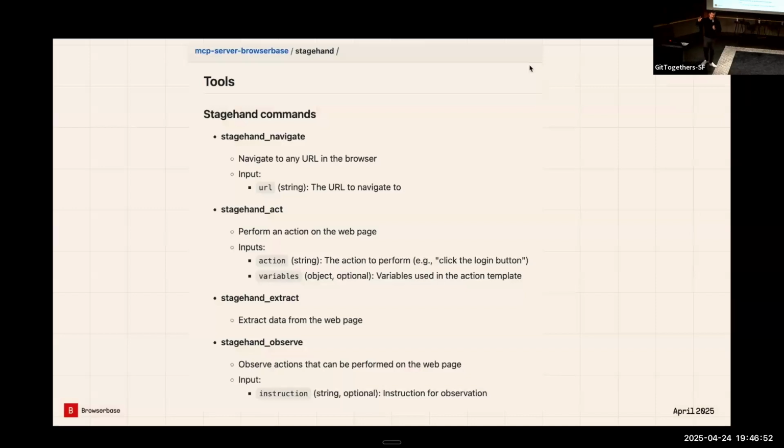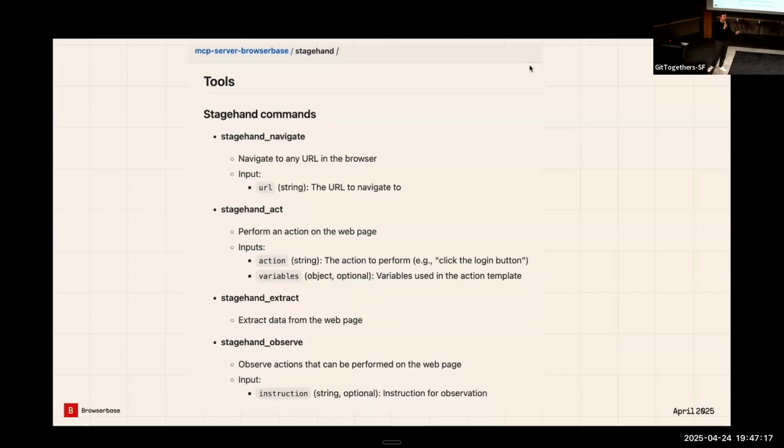And when you think about what primitives MCPs need to browse the web, we thought of three. One is a navigate tool: given a URL, where should I point my browser? Two is an act tool: I want to take an action on this page, I want to write to this website, maybe filling in a form or clicking a button. So navigate and act. Three is extract. I want to extract some structured data from a page. This is, of course, a really strong part of LLMs, taking unstructured data like web pages and extracting it into structured data.